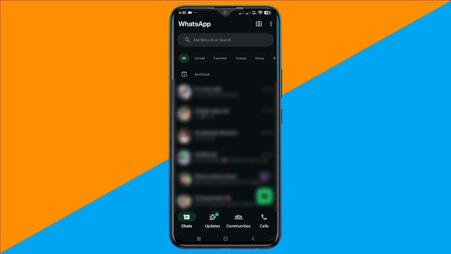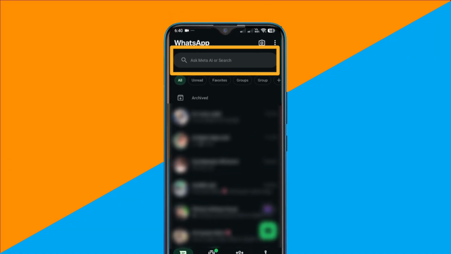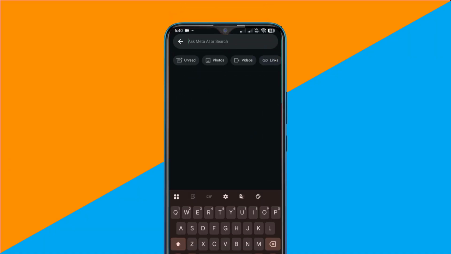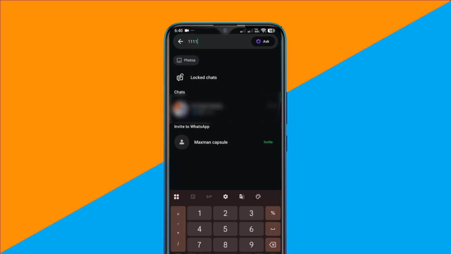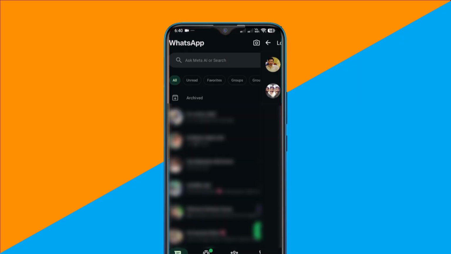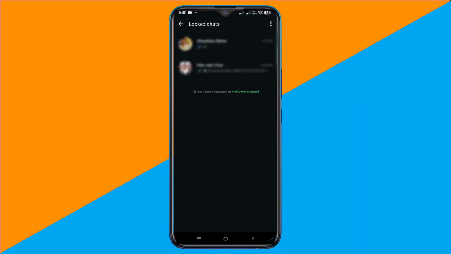Now, if you don't see the locked chats folder after swiping down, it means your locked chats have been hidden with a secret code. To access them, tap on the search bar at the top of the chat screen. Next, type in the exact secret code you created when you enabled the Hide Locked Chats feature. As soon as you enter the correct code, the locked chats folder will appear. Simply tap on it, verify your identity if prompted, and you'll be able to access all of your hidden locked